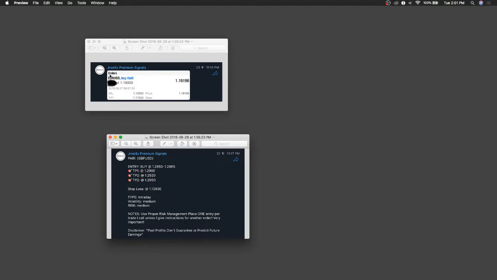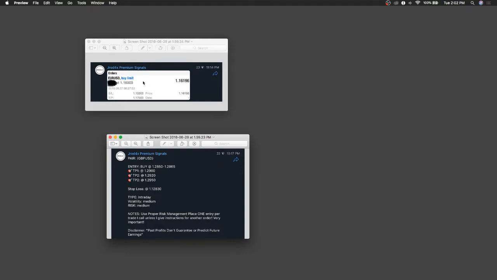So Monday I posted this buy limit here, and I'm just going to go over basically what it means, for anybody that may be new or may not understand, so we're all on the same page with how to take the signals and what they mean. So Monday I posted the EURUSD buy limit, and basically all this is, if you go on MetaTrader you